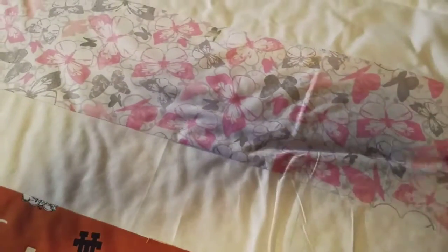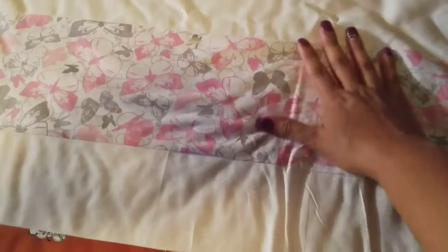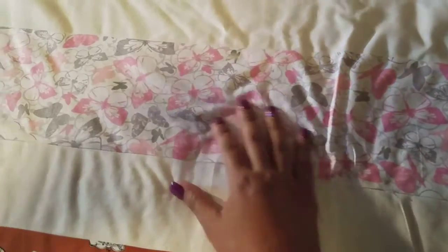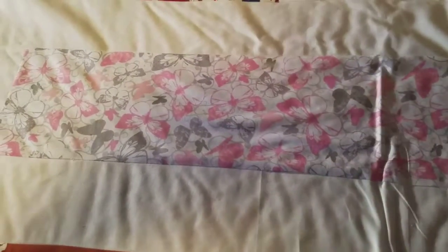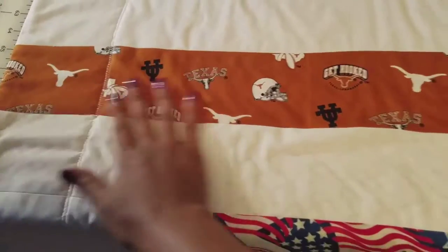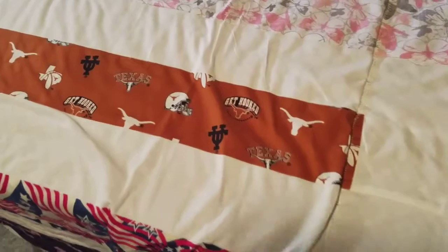Her whole family is. Her dad is a Vietnam vet. Her mom is the president of our VFW post. This one, I wanted something feminine for her, to show that all women have some beauty in them. UT, of course, because she's from Austin. So you can't never forget about that. And actually, you know what,